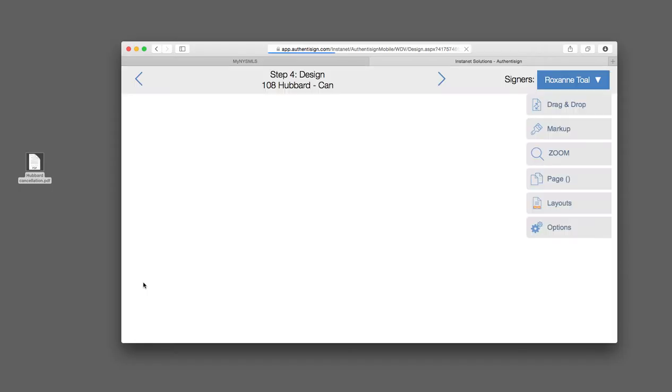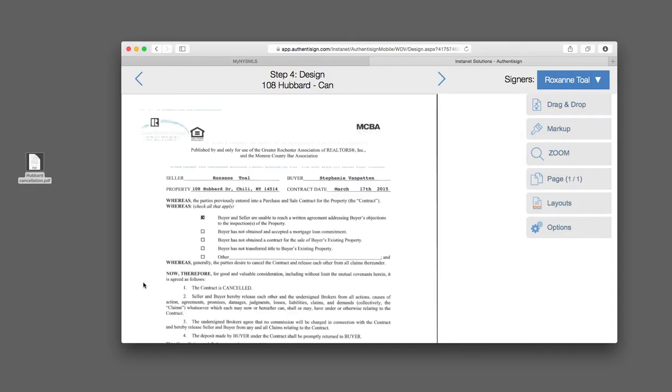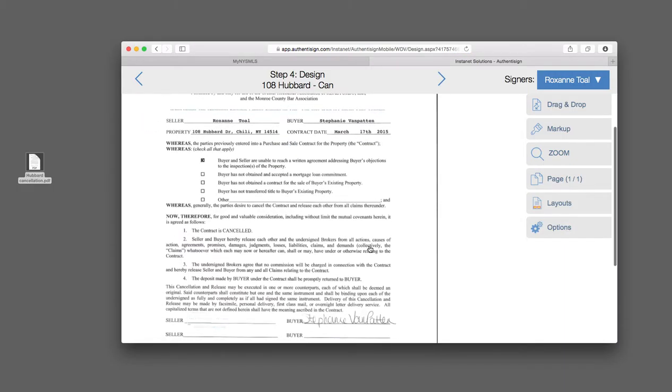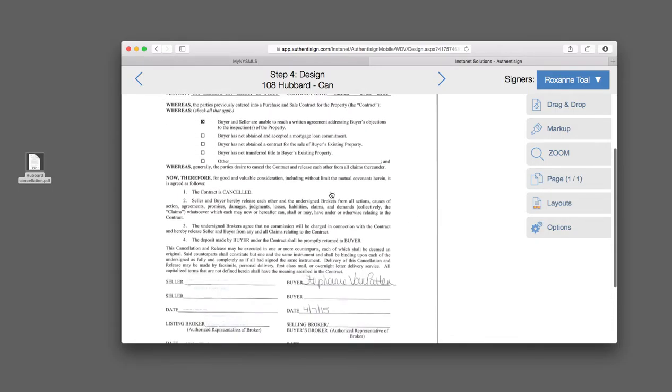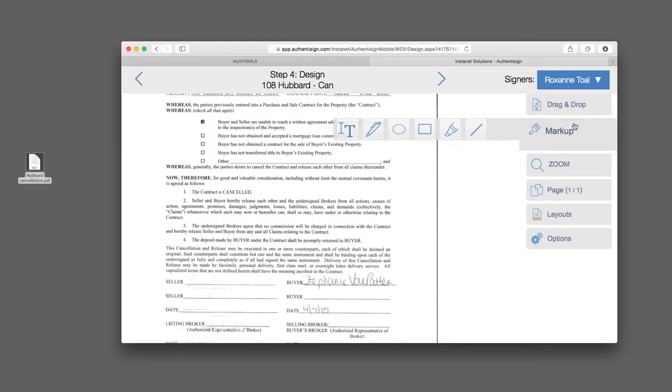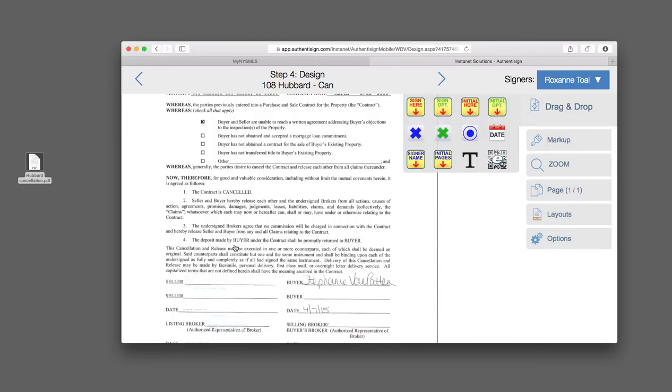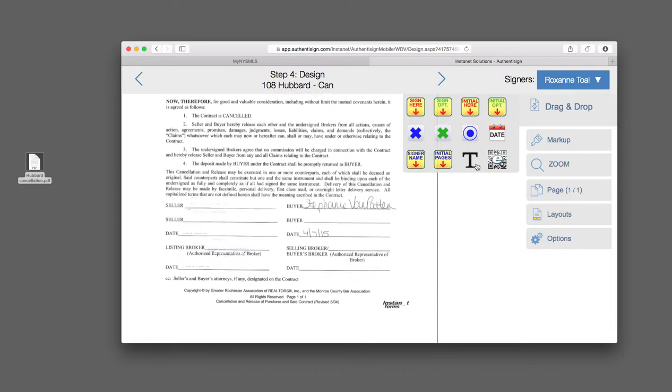So I always tell people, always remember that AuthentiSign is just a signing document. Do not try to make it into a place where you add text and everything else, or you'll really not enjoy this experience. So only use it as a signing tool. So in this case, we are only going to be signing this information here. If we need to do a random check, like a box or something, you can go to markup, obviously, and add boxes and stuff. But this one's already checked, so we're going to add the seller, which is Roxanne,